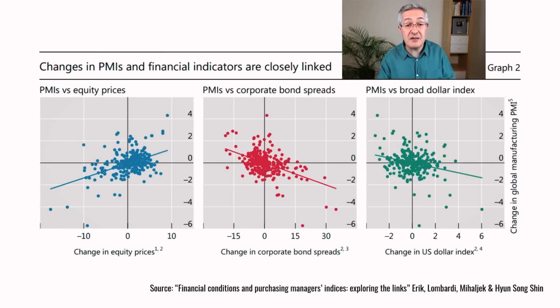Now, what's the evidence that a strong dollar reduces the amount of manufacturing? Well, one thing we can look at is a purchasing managers index. That's a leading indicator of what happens to GDP. And the third graph you can see on the right here on this panel is the purchasing managers index versus the dollar index, which is what we saw at the beginning. Now, when the dollar index strengthens, that's what you can see on the right of this graph. Notice how the PMI indices drop. So that shows a negative effect on manufacturing.